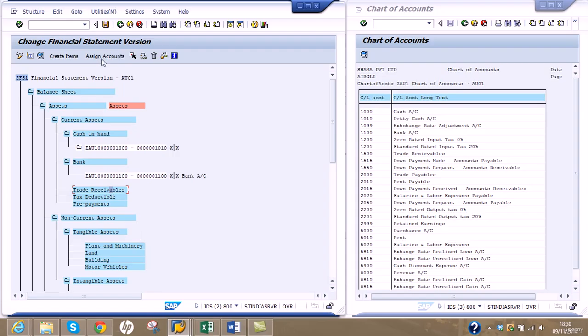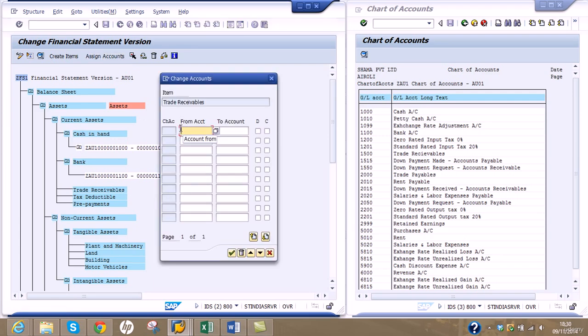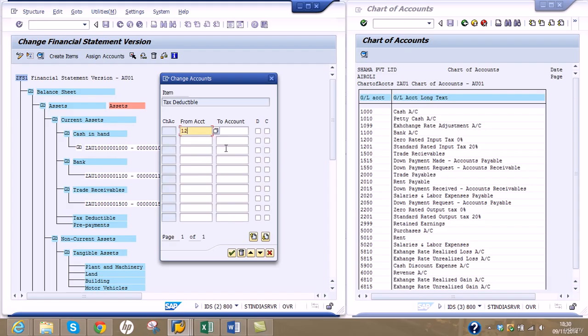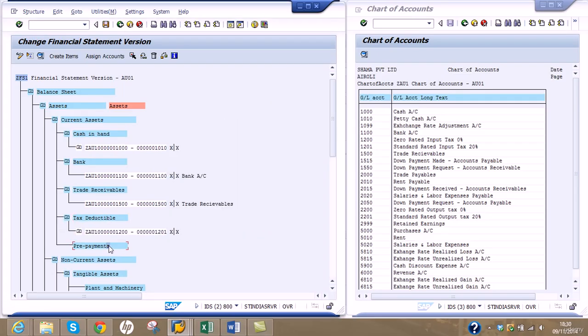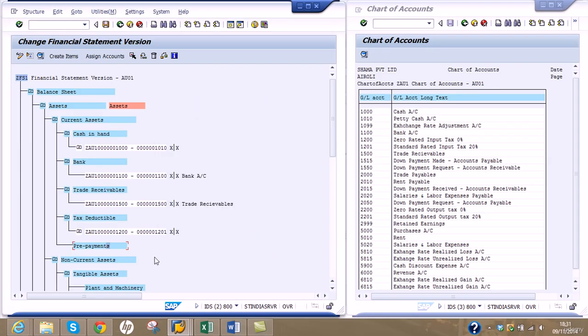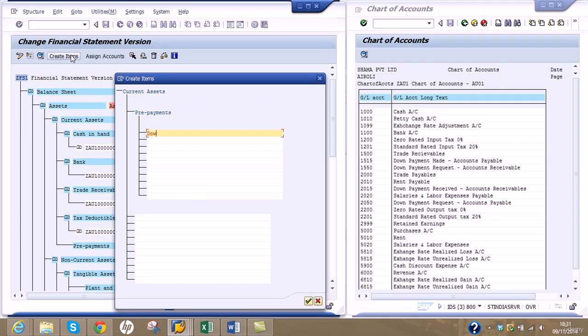So trade receivable, we will assign accounts 1500, and debit or credit. Tax deductible, assign accounts, and we have 1200 and 1201. Debit or credit, continue, and then prepayments. Here we will give the down payments. Assign accounts, and the first one is 1515, but actually we have to create a heading. Create items, down payment made,